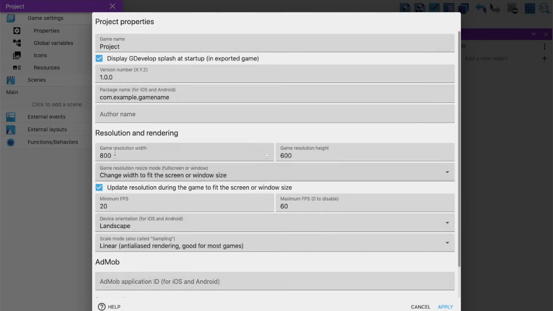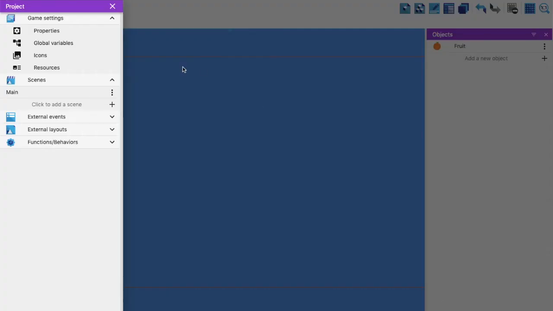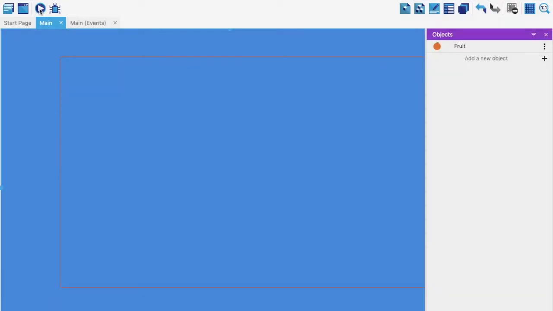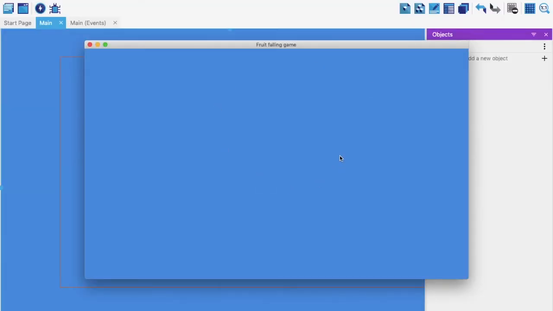So guys, the width is the x axis and the height is the y axis. Okay, so as you see it says 800. That means I'll show you how it looks. Wait, let me increase and show you. You have seen the regular width and regular height. Let's make it 1000. I'm going to apply this and let's go and preview this game now. If you observe carefully, my width has changed, the height still remains the same.